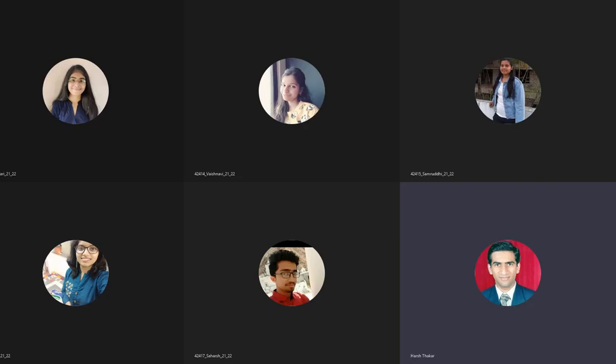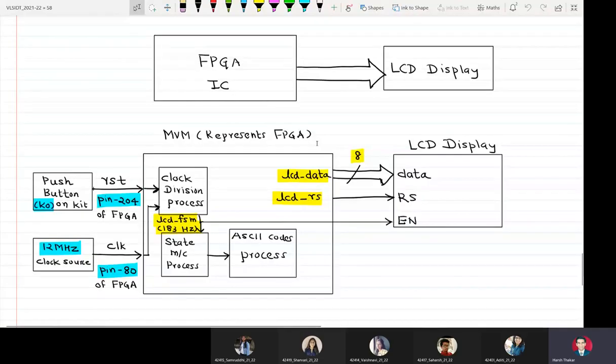Okay. So students, this is SPPU assignment 8.4, which can be called FPGA LCD interfacing or simply LCD FPGA interfacing. That means we are going to interface the peripheral or the hardware LCD to our FPGA IC. Now interfacing of LCD with hardware is not new, because even in your earlier years you must have studied how to interface an LCD display with microcontrollers such as PIC, ARM, ATmega, etc.